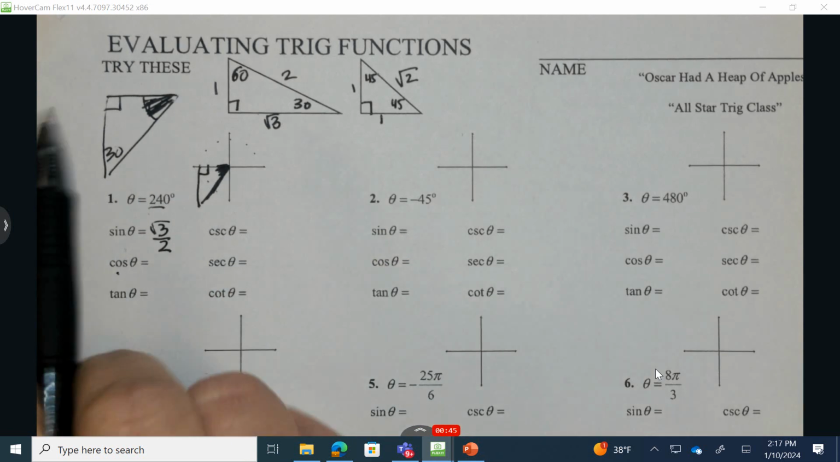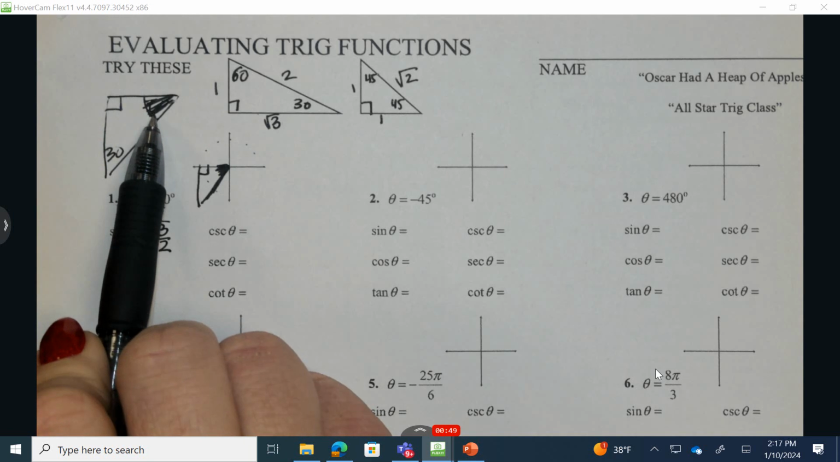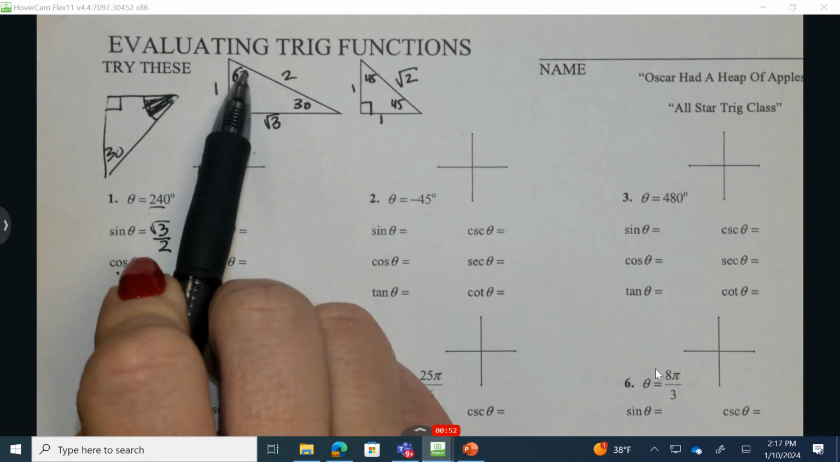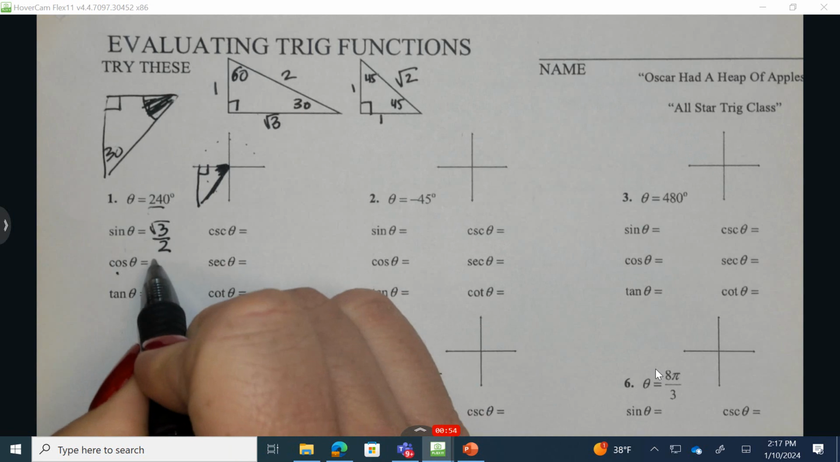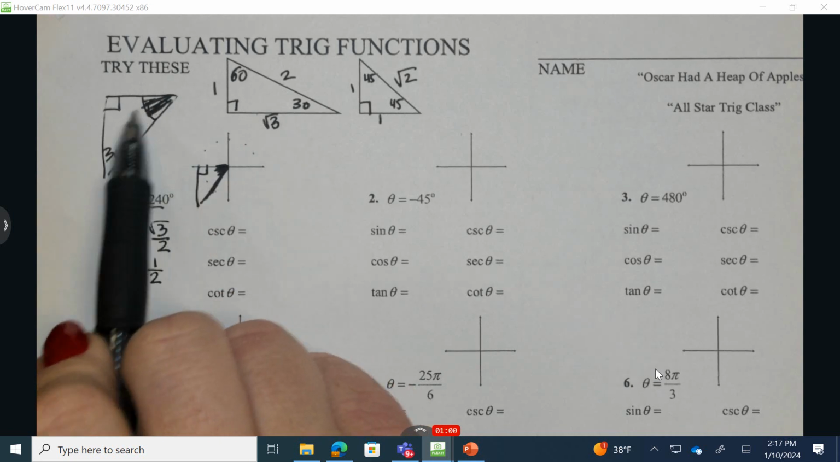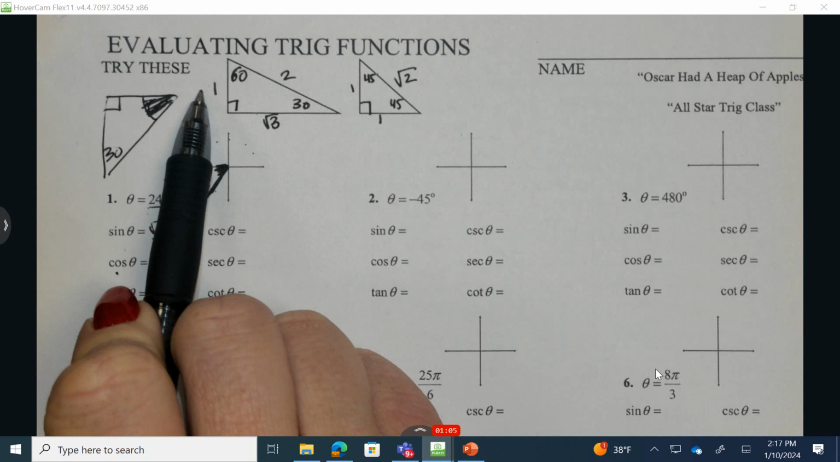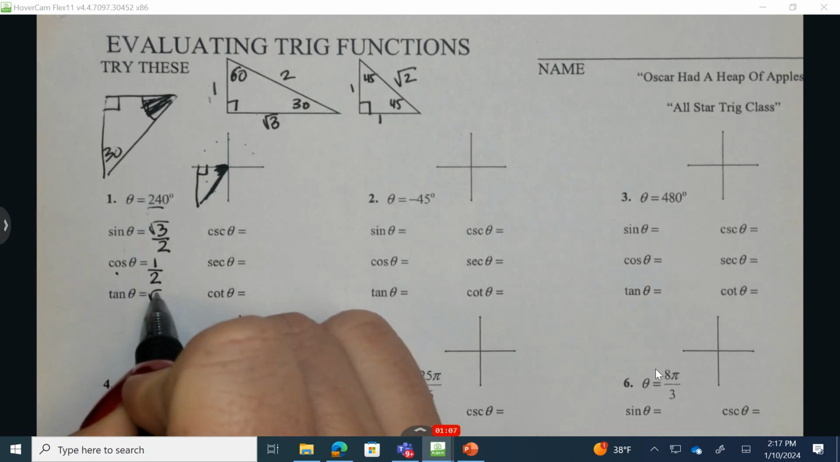Now the cosine is going to be the adjacent side. So what is adjacent to 60 degrees? What's adjacent to 60, but not the hypotenuse, is 1. 1 over 2. Now what is the tangent? Tangent is going to be opposite of 60 over the adjacent side, so radical 3 over